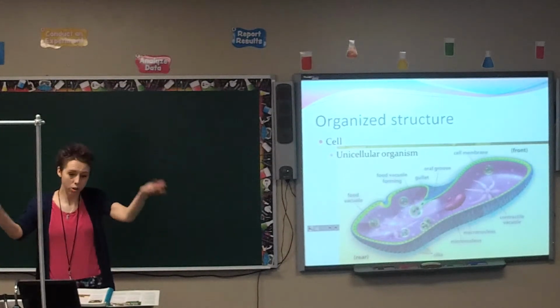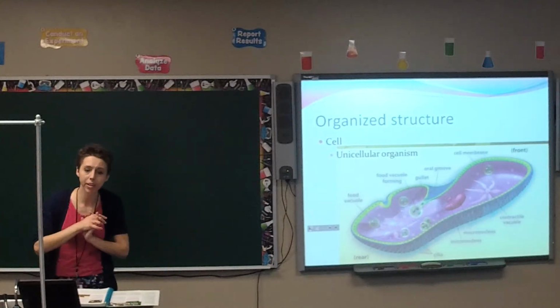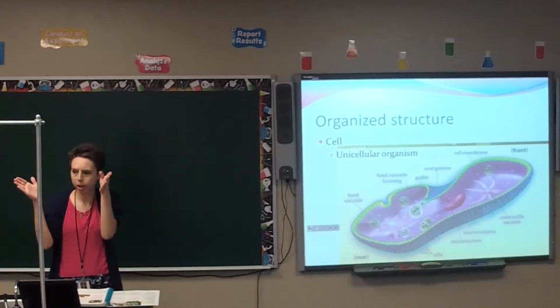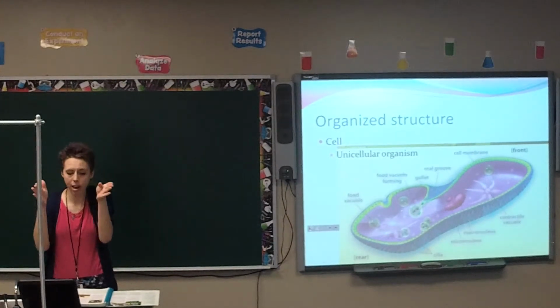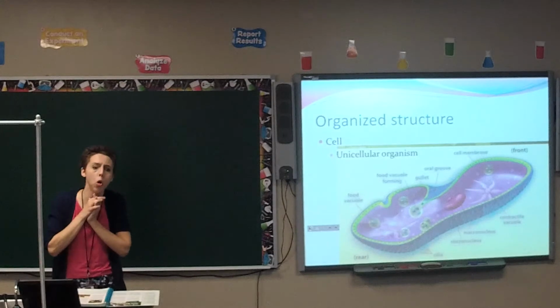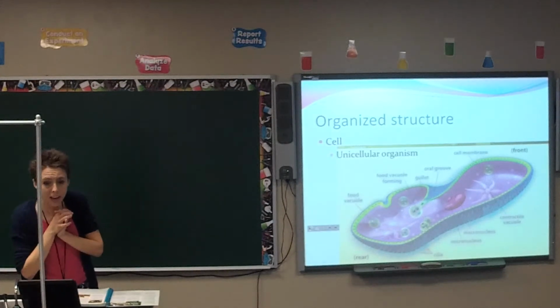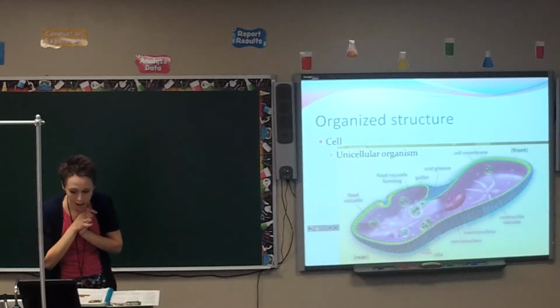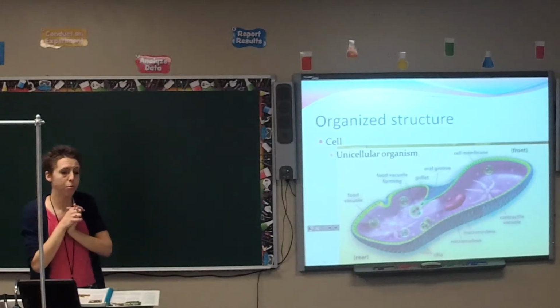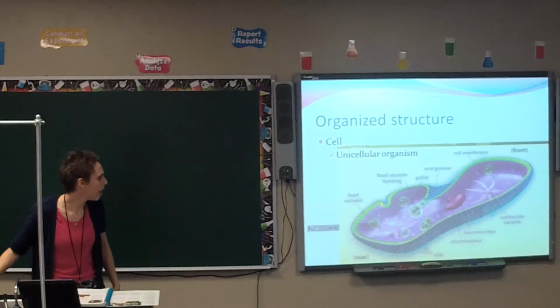They start saying, okay, your body is made up of different systems and tissues and organs, and you start getting smaller and smaller and smaller. It's made up of cells. The cells are as small as we can go with a living thing. If you break apart the cell, it is dead. You can't go any smaller than that. So the cell is the smallest thing. Sometimes there are very small animals or plants that are just made up of one single cell. We call this a